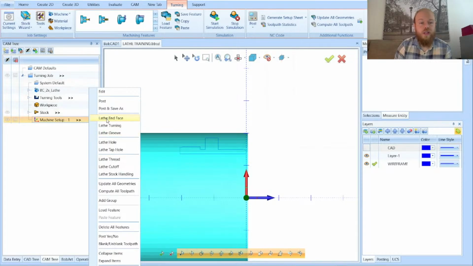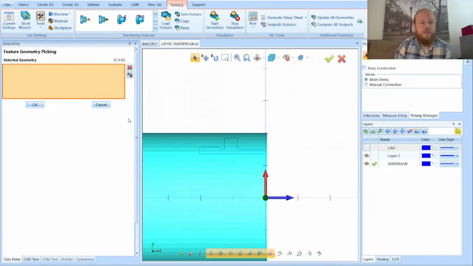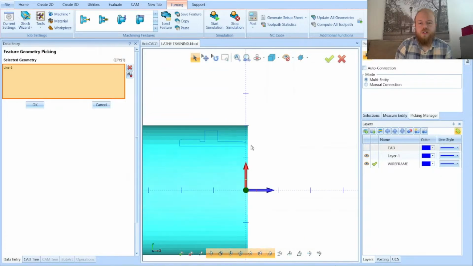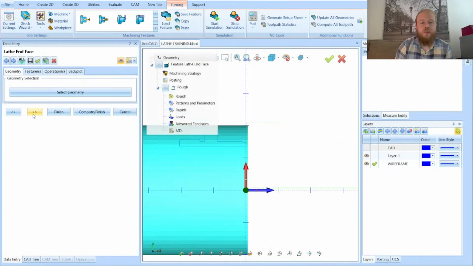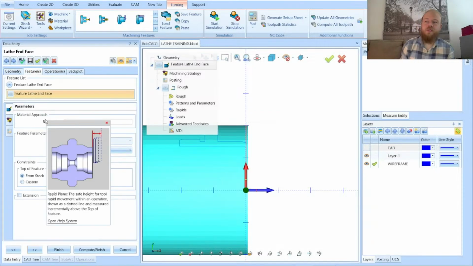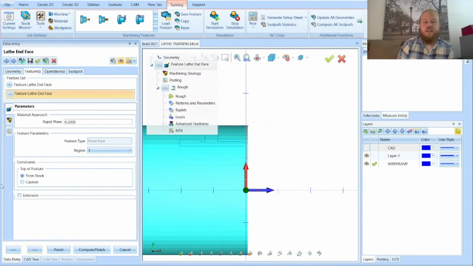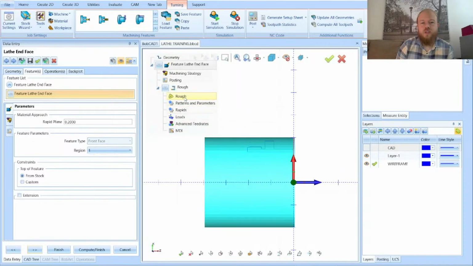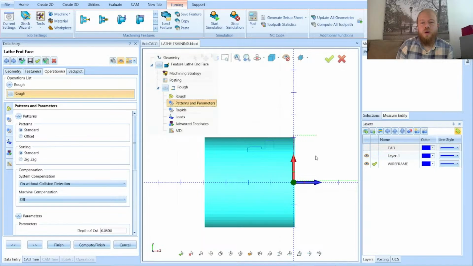So let's start here, go to lathe end face. It's going to ask me to select my geometry. I'm just going to select this vertical line as the face I want to face down to, and click OK. Next page. And you can see I'm in version 38, so everything is sitting inside of the software program here on the left-hand side. And you can see there's sort of this feature tree over here that I can switch over to. What I really like about this is when I select a tool, when I select a step over,